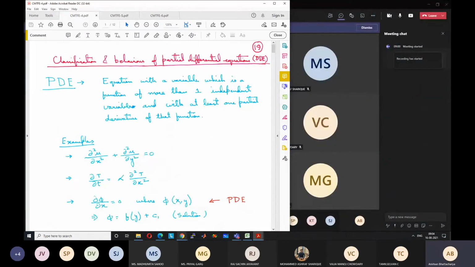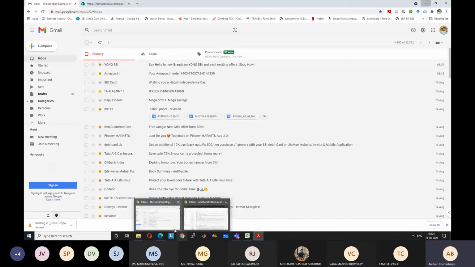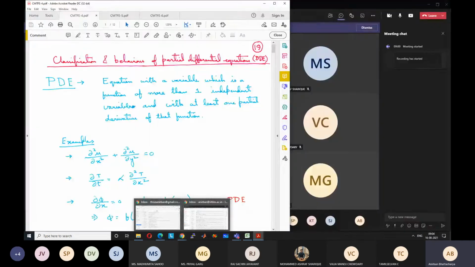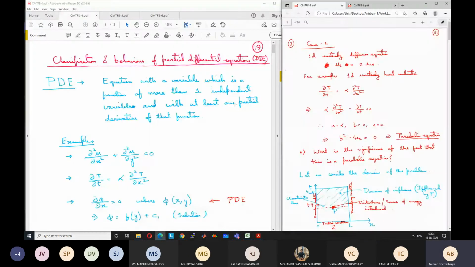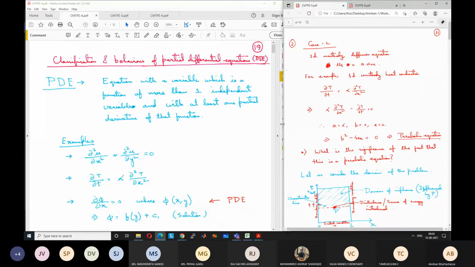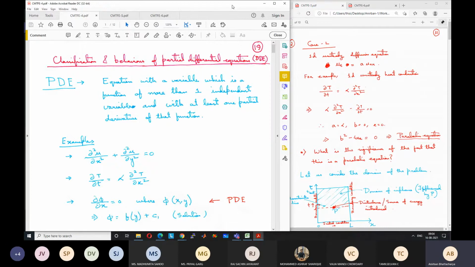So in the previous class, we were discussing partial differential equations. And why are we discussing partial differential equations? Because we noted that PDEs are very important for formulating or modeling different types of thermal and fluid flow problems. All the different thermal problems or fluid flow problems are governed by equations which are some sort of